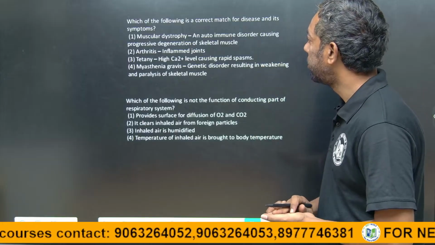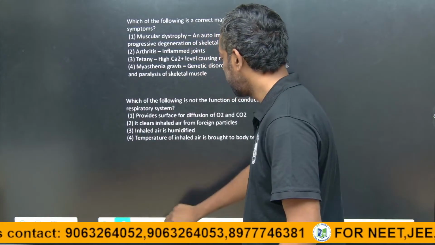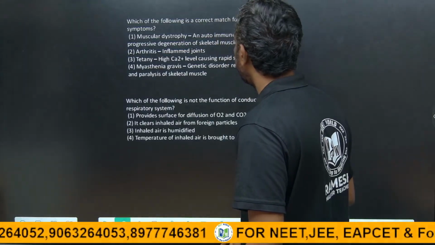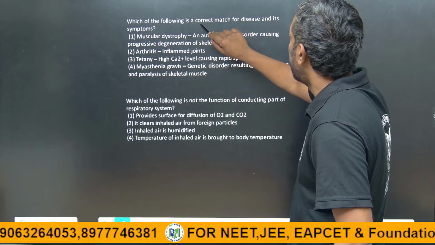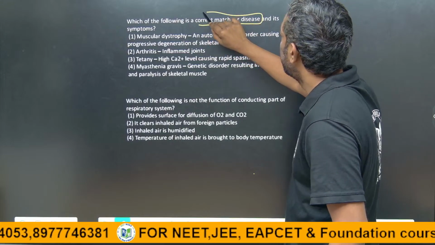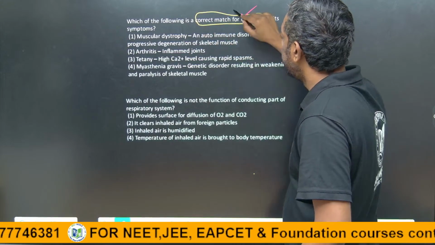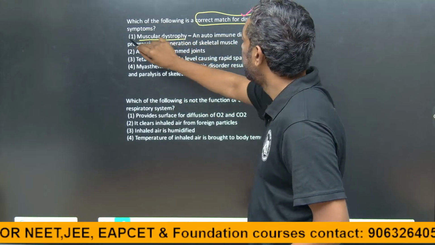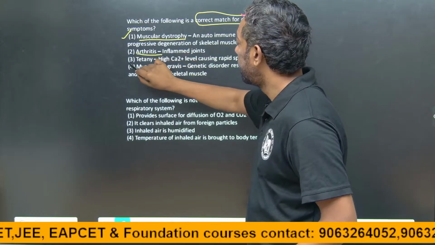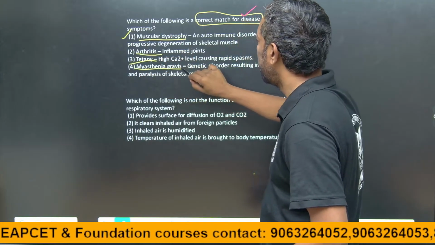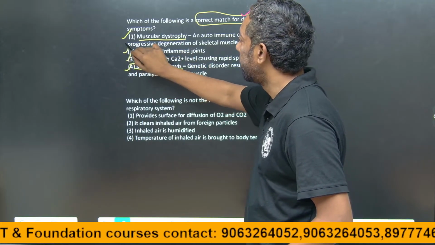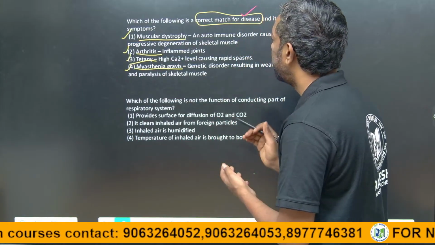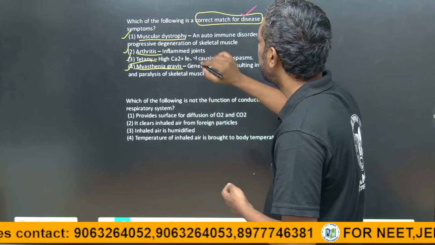Guys, the question is, which one of the following is the correct match for disease? Okay, for the disease, these are the diseases here. Muscular dystrophy is one of the diseases, and arthritis, tetanus, and myasthenia gravis. These are the 4 diseases, guys. Okay, the disease and correct match is what? If we come to muscular dystrophy,